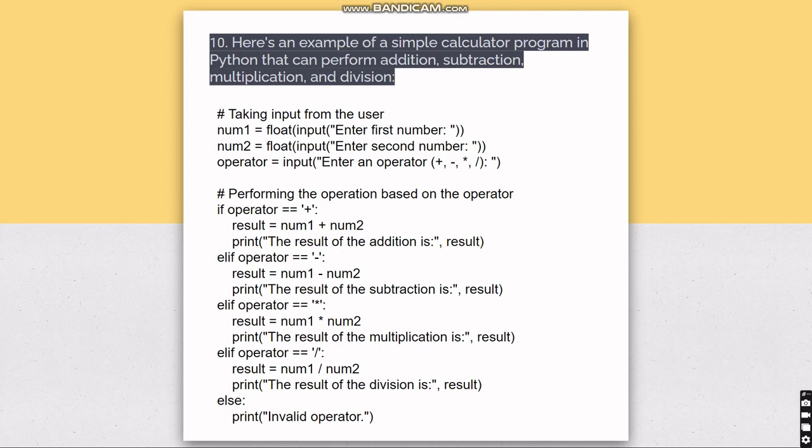elif operator == '-': result = num1 - num2. print('The result of the subtraction is', result). elif operator == '*': result = num1 * num2. print('The result of the multiplication is', result). elif operator ==